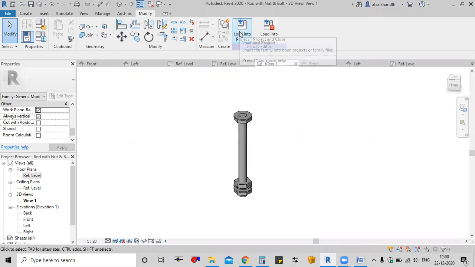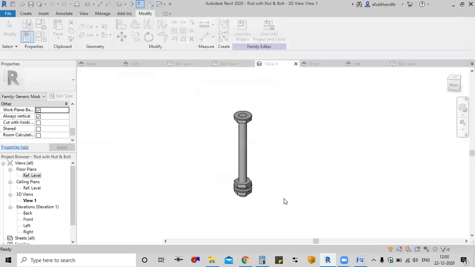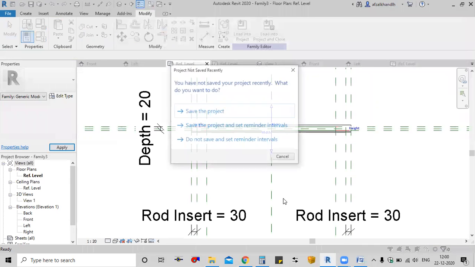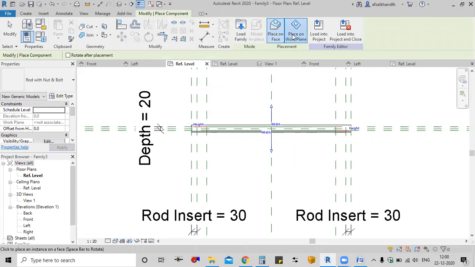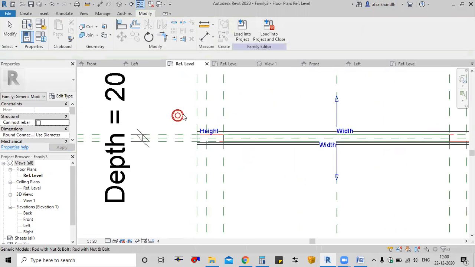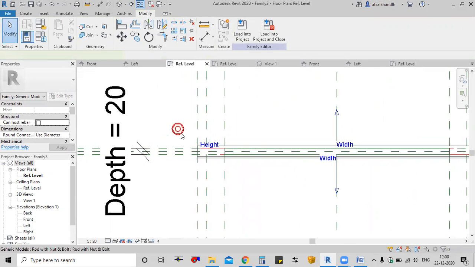So load into the project in family 3. Also okay, and place on work plane, and I'll select here. Okay, so where I have to place this one, at this particular point now. Okay, one copy I'll make